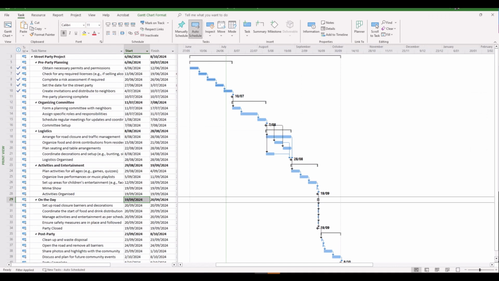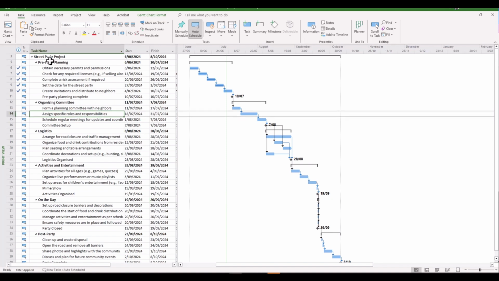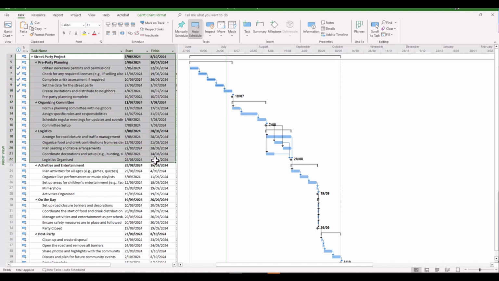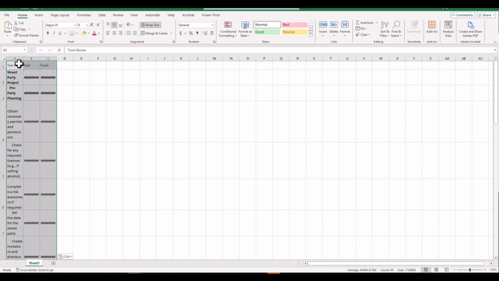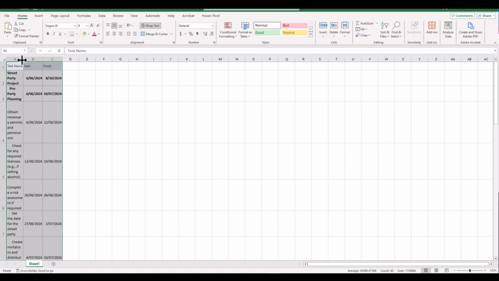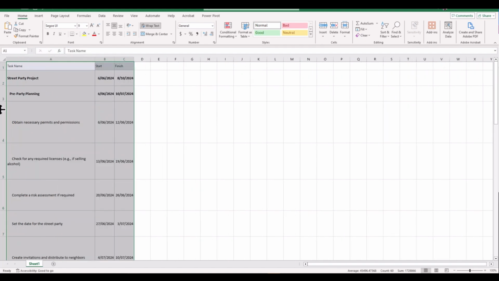Now, what do you do if you want to transmit information to Microsoft Excel? Well, once again, this is quite a fairly straightforward process. So let's say we want to export all of these tasks here. You simply make a selection in your work table and you Control C. There are other methods to copy, but in this case we'll go Control C. Then we'll go to our Excel workbook and Control V. You will be given a table straight away, and you can simply get in there and make adjustments to that as you see fit. So we'll just tidy this table up a little bit.